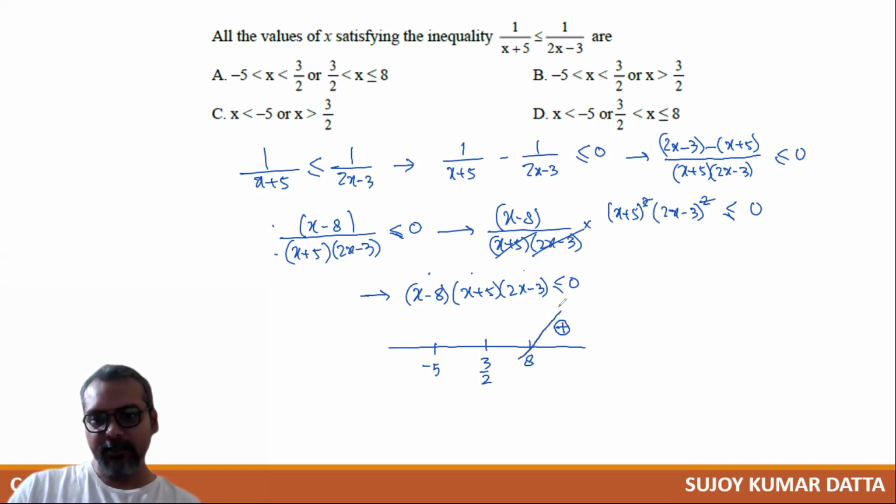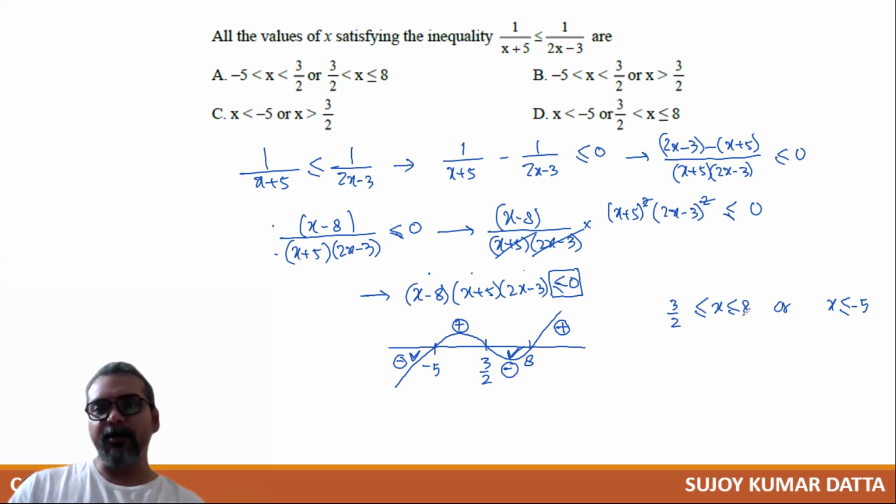positive, then cross the root, become negative, then again cross the root, become positive, and then become negative finally. So positive, negative, alternating in sign. We are interested in the negative parts because we are solving for less than 0. So we have this and this. So our solutions should have been x between 8, we have less than equal to, we are plugging in less than equal to, or,